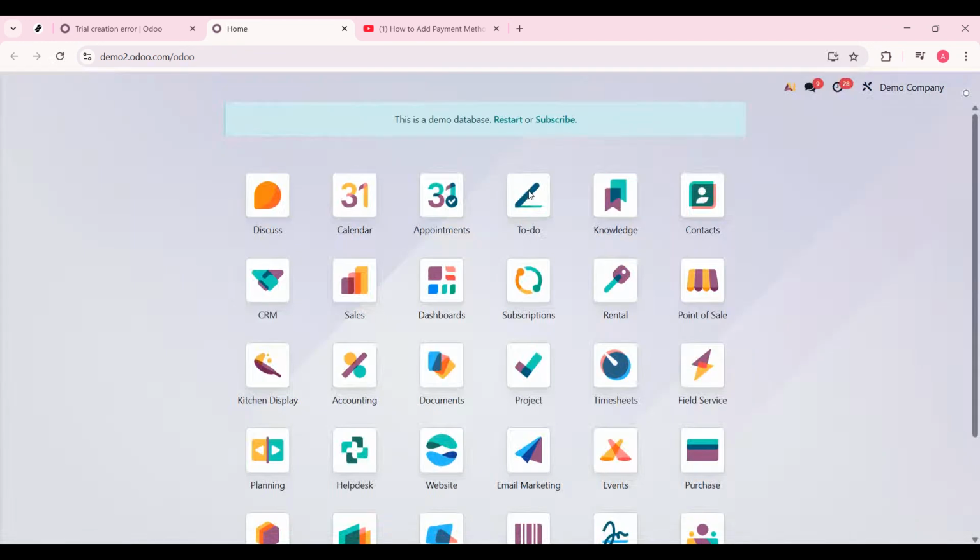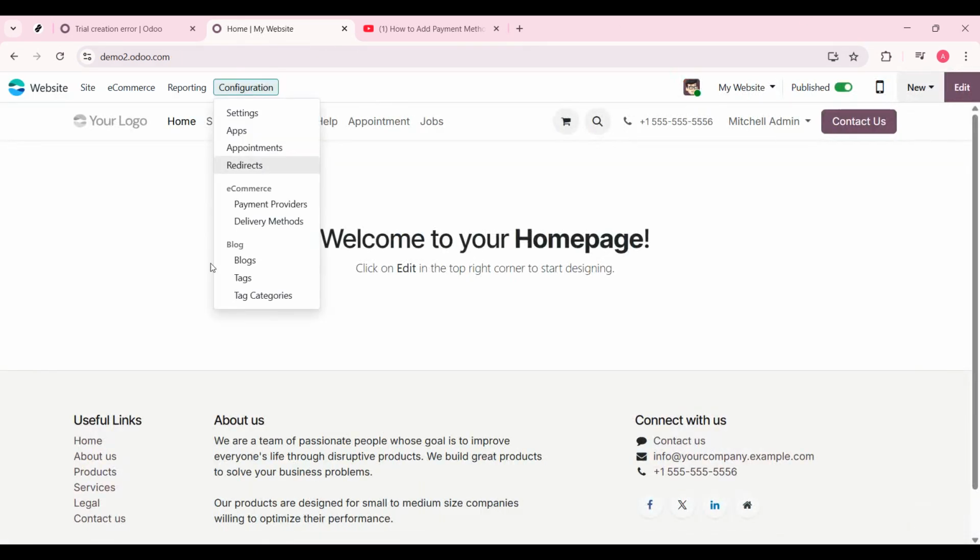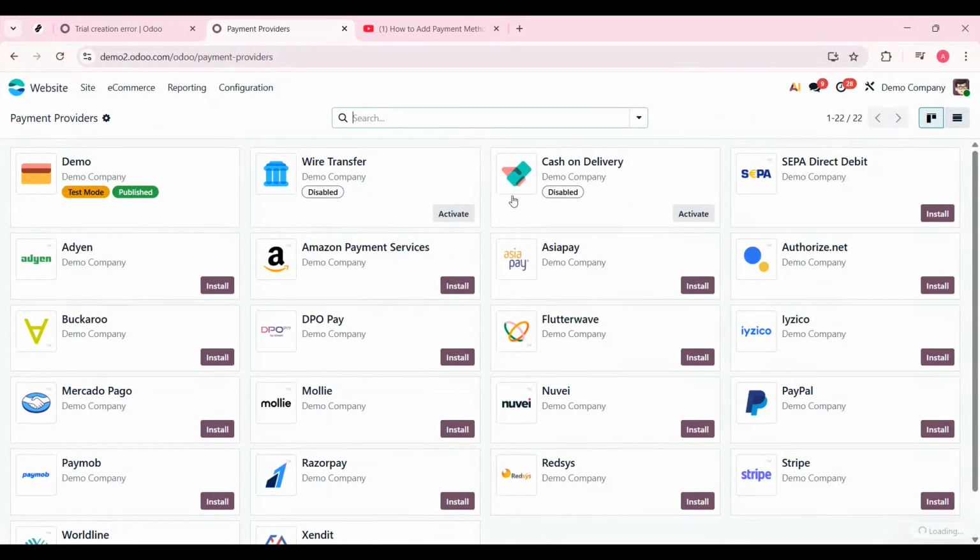Inside the accounting app, navigate to the configuration menu. Under configuration, click on payment methods or payment providers, depending on your Odoo version. Here you'll see a list of available payment methods such as bank transfer, cash, checks, or online payment providers like Stripe or PayPal. To add a new payment method, click on Create or Activate next to the payment provider you